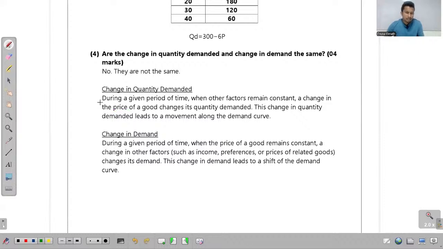Look at this entire thing. During a given period of time, when other factors remain constant, a change in the price of the good changes its quantity demanded. So what remains constant here? All other factors except price remain constant. If you don't remember the factors